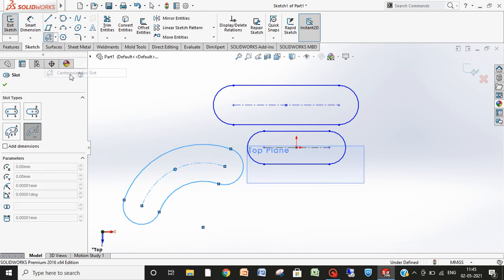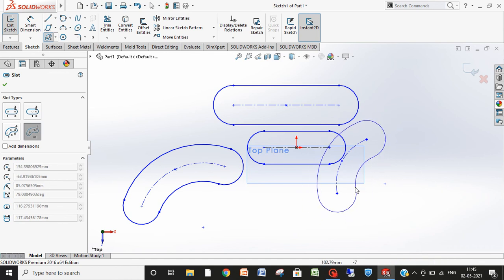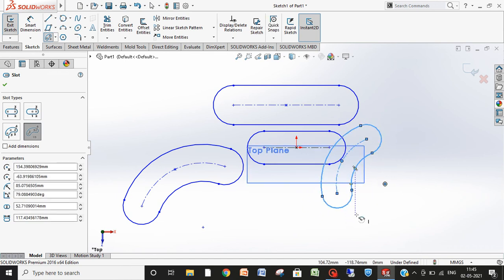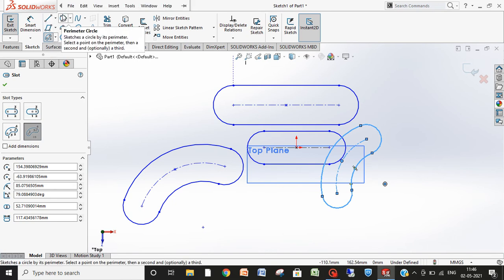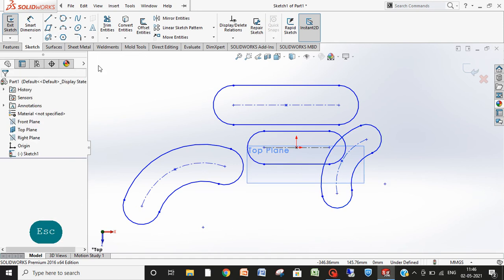And the other one is centered arc slot. Centered means you have a center and radius with arc, like this. Okay, hope you have understood all these three commands plus these four commands. Now next, what we will do,